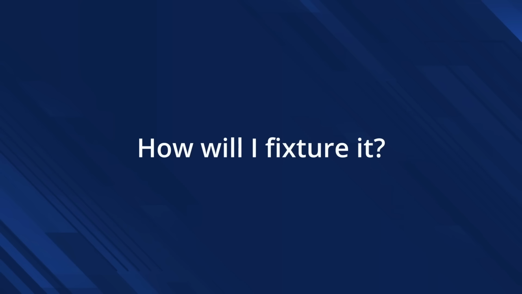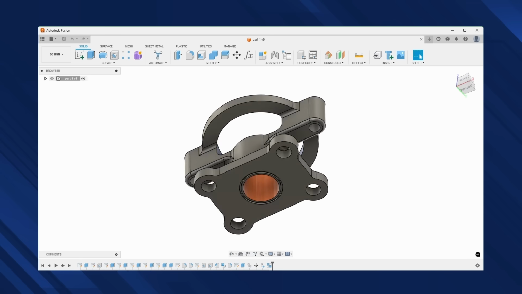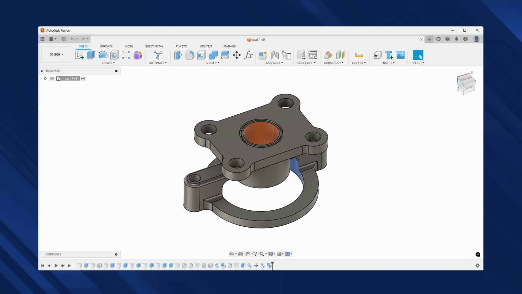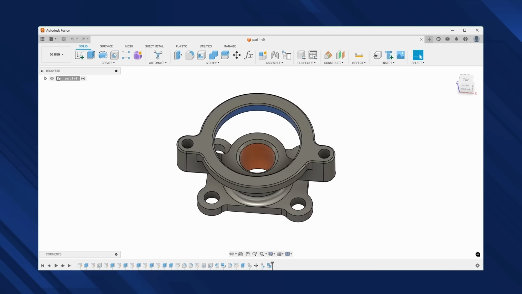So that leaves us with question number 2. What are my work holding options? I have a nice flat surface on the bottom of the part with a profile that would be conducive to a simple soft jaw design. I have 4 holes on the bottom, which look like clearance holes for 1/2-inch bolts. I have 2 holes on the top of the part that look like clearance holes for 3/8-inch bolts. I also have a precision machined hole down the center that may be of use.